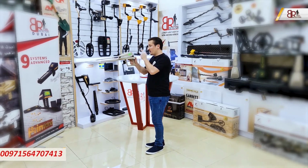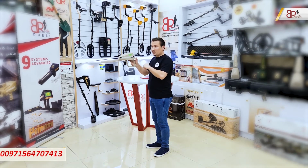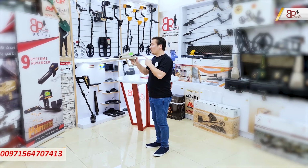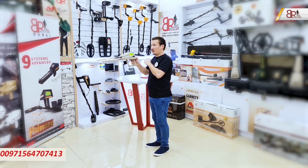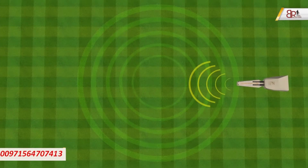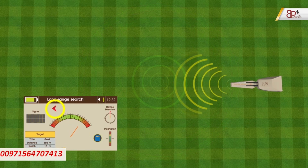Okay, there are actually interactive sounds, as you can see. This sound means that we are walking in the right way. This sound means that we are not walking in the right way. So we will keep walking, and whenever the antennas turn all the way to the left or to the right,